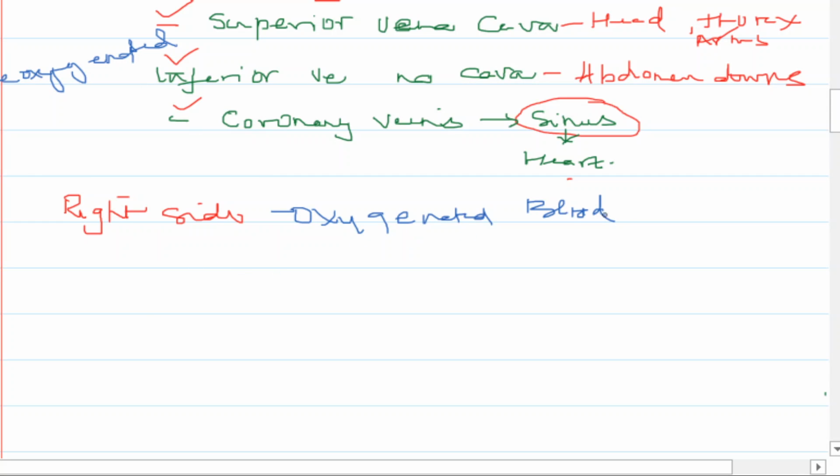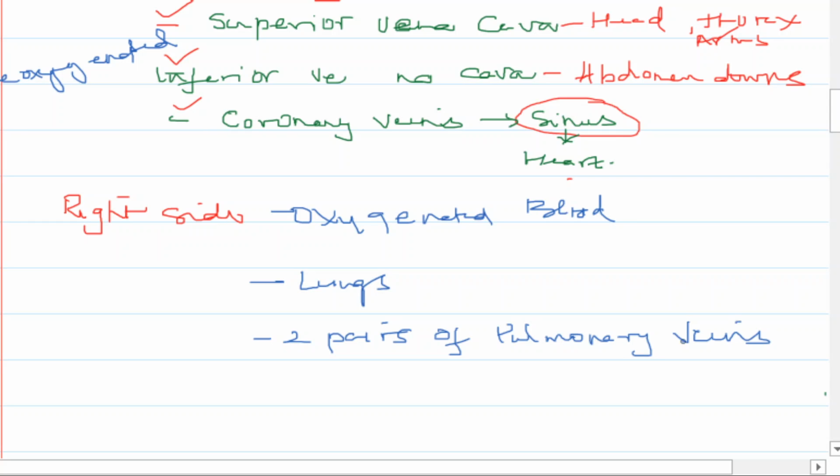So this oxygenated blood, where is it coming from? It is coming from the lungs by two pairs of pulmonary veins. Okay? Now this is important, people, because we need to remember that we usually say veins carry deoxygenated blood,